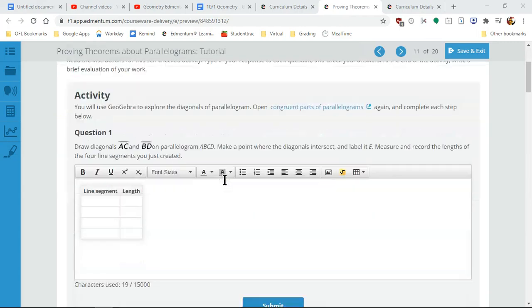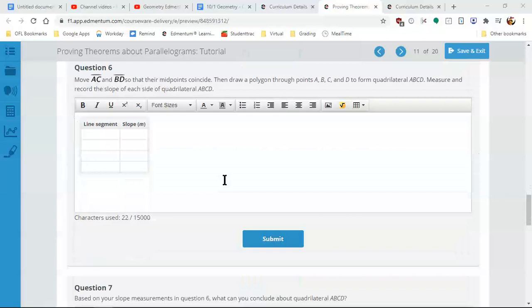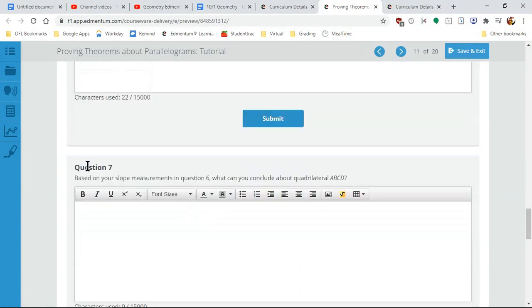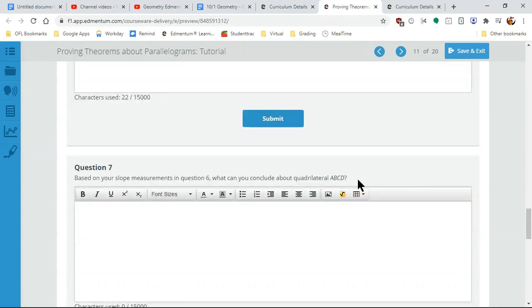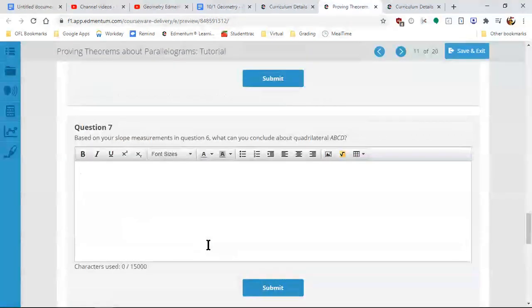All right. So just to review these last couple ones, because I know I didn't go through all of it. You do talk about the slope and the line and everything, but I think it was more these last two questions I wanted to go over because I rushed through them. Based on the slope of the measurement, what can you conclude? So when we're doing the parallelogram and we measure the slope,